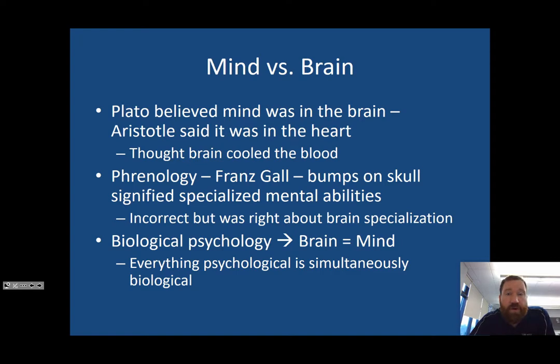The brain is the organ that is in your skull, the 3.5 pounds of gray matter and features and parts of the brain that make up the mind. Historically, people didn't really know what the brain was for. As you can see, Aristotle, one of the smartest men to ever live, thought that the brain cooled down the blood. As the blood moved throughout the body, it would heat up. He knew about friction, so he thought that the brain must cool it down, otherwise the blood would just constantly boil.